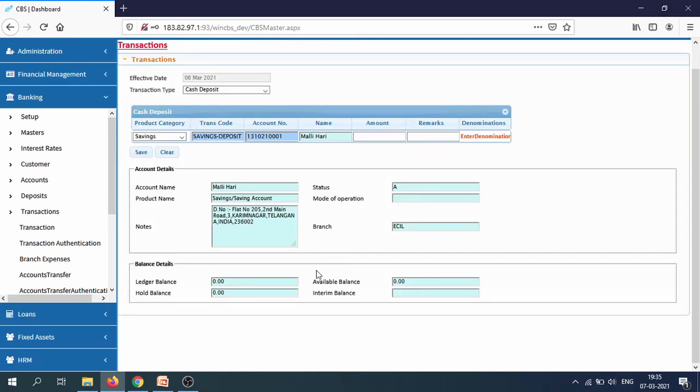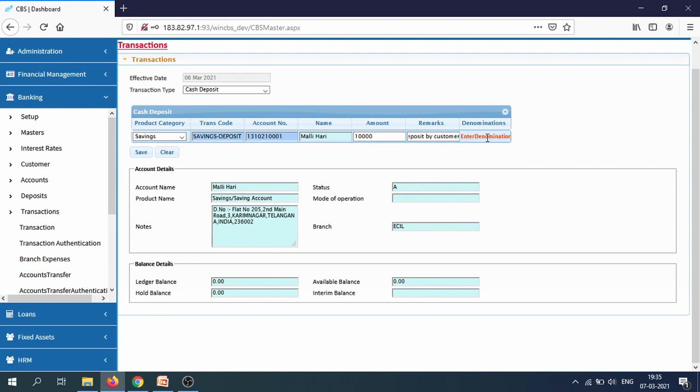This is the account we have created. The account is inactive, savings account. This is the address I have given. So I am depositing. Right now it is zero balance. 10,000 rupees cash deposit by customer.